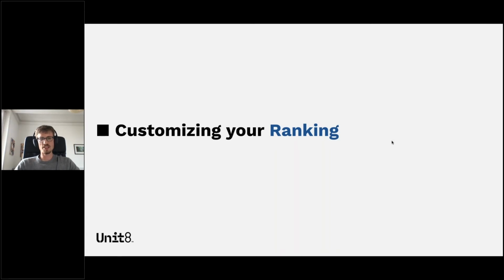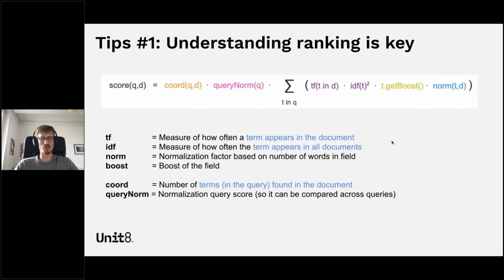So the first thing is maybe understand a bit how the ranking is working. And for that, I will show you this kind of crazy looking equation, even though we'll see it's fairly simple once you break it down. So what this equation does is how each of the documents, so D here, are scored for a given query.